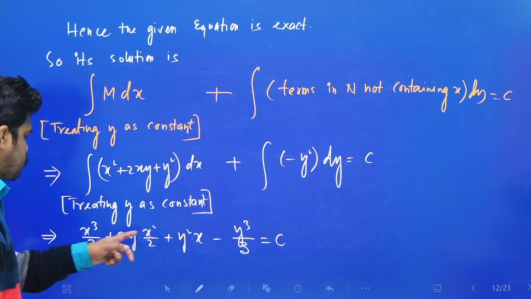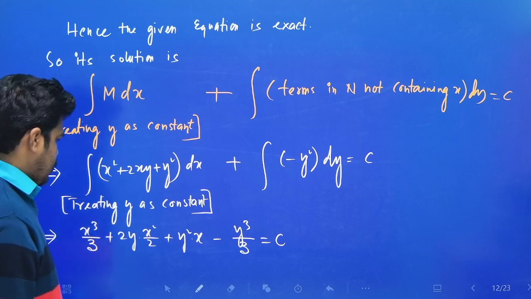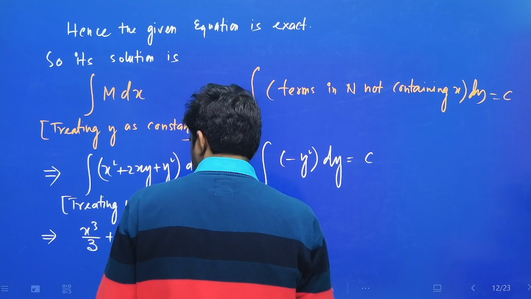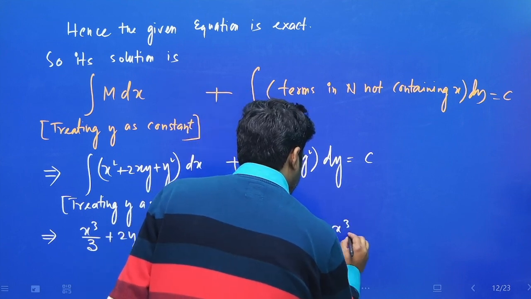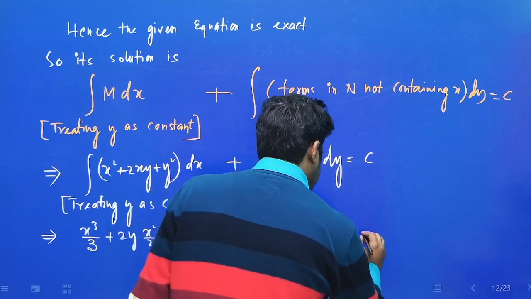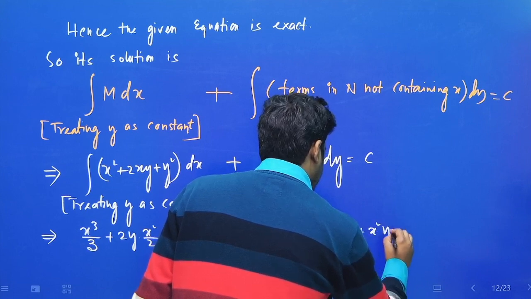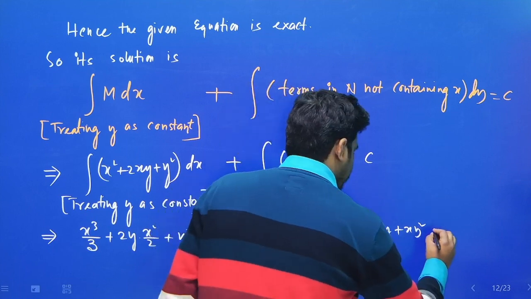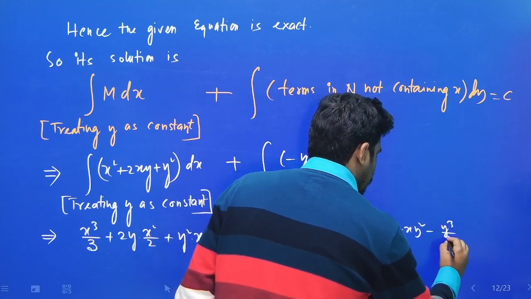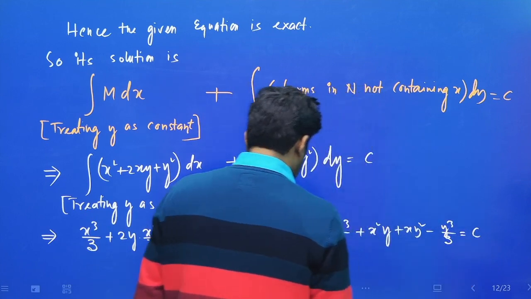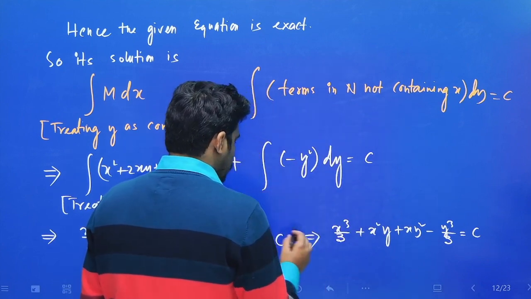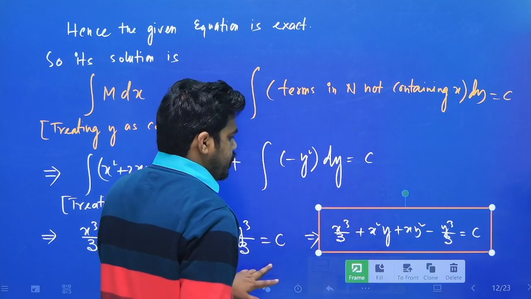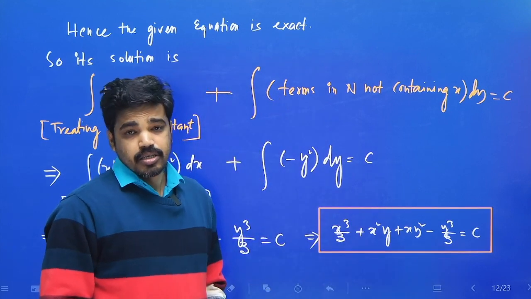Okay, so just simplify, 2 cancels. So this implies x cube by 3 plus x square y plus xy square minus y cube by 3 is equal to c. So this is the required solution,